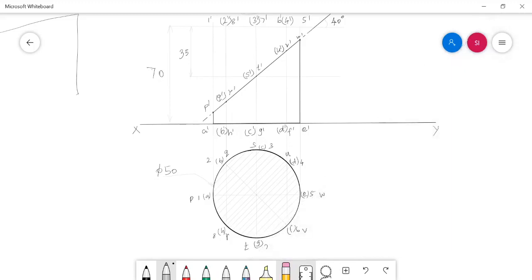Completed. So here the cutting plane is not parallel to the base of the solid, so we need to draw the true shape of the section by our usual procedure.